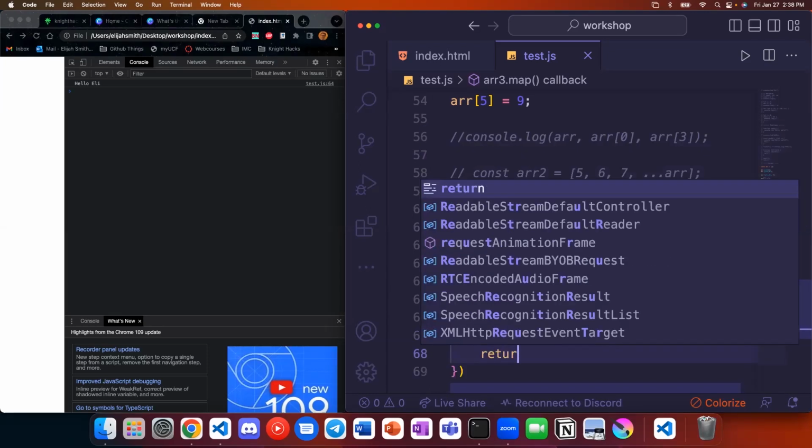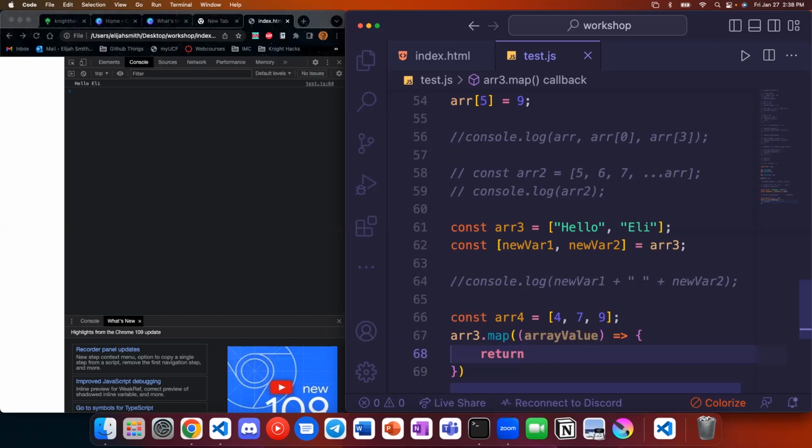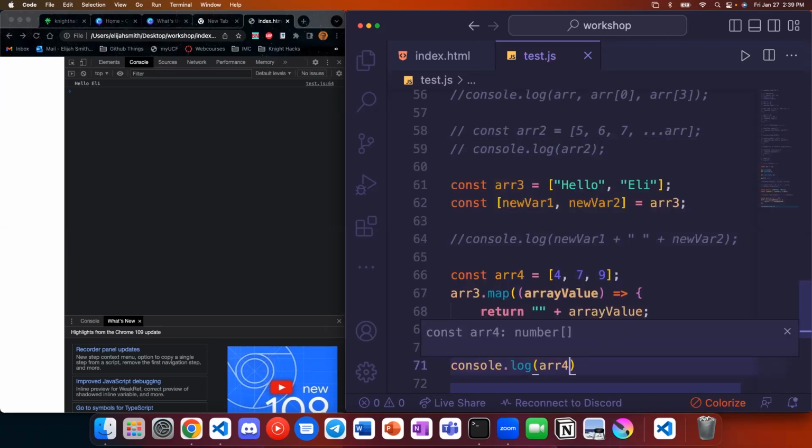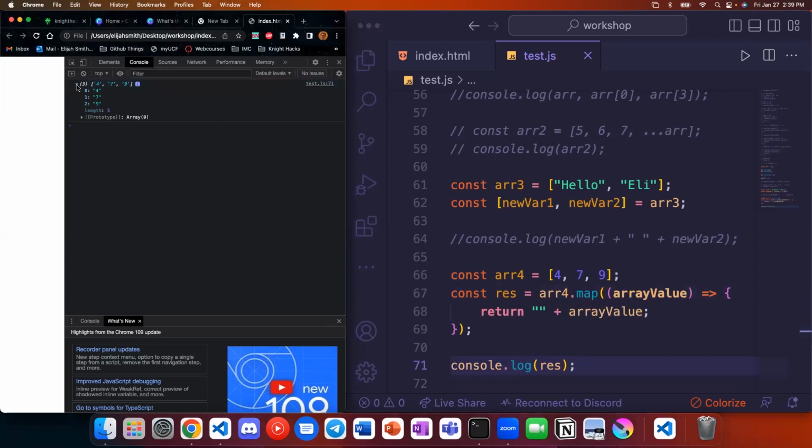And in here, we want to return the result of some operation. So if we want to turn them into strings, a really easy way to do this would just be string concatenation. I should, and I was just about to do that. Thank you for the reminder. Res, we'll call this results. All right, if we go ahead and run this, we now have an array and everything's a string. We turned everything into a string. So map turns everything into something else, which comes up every once in a while.